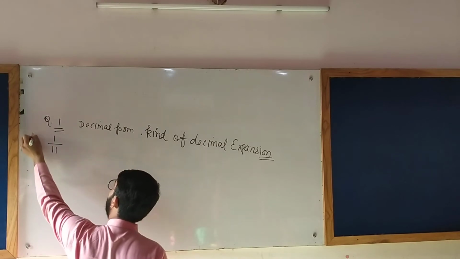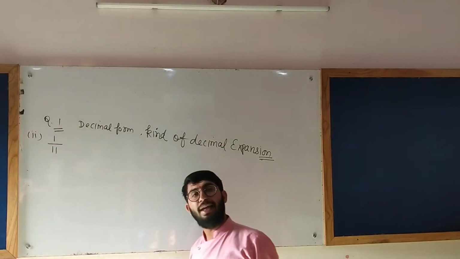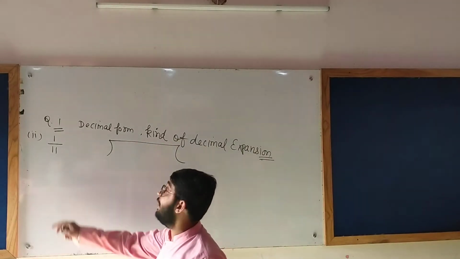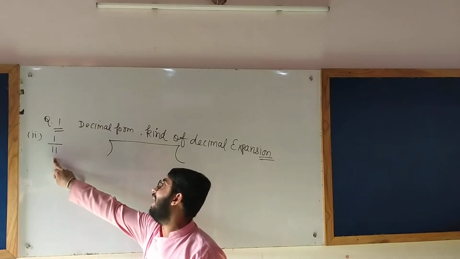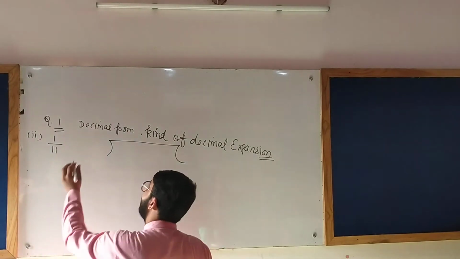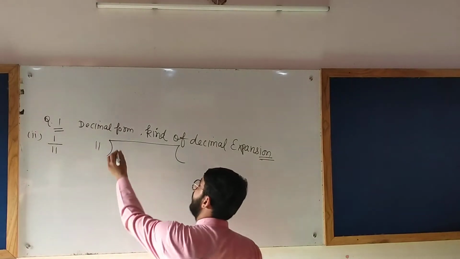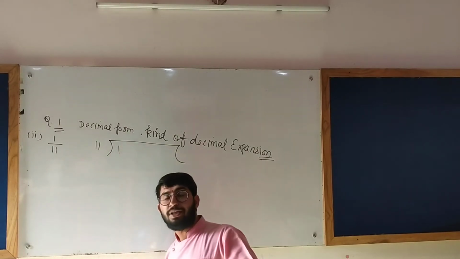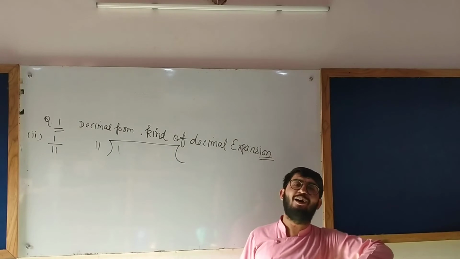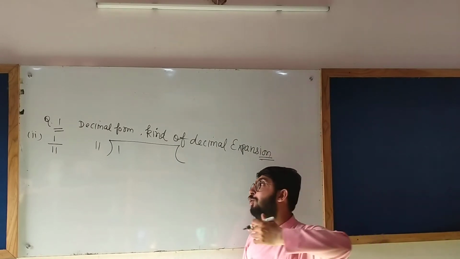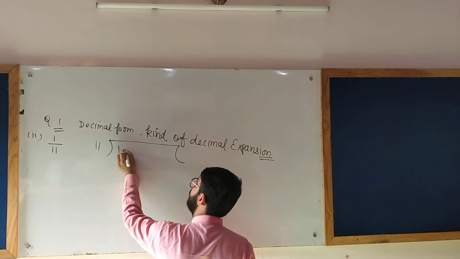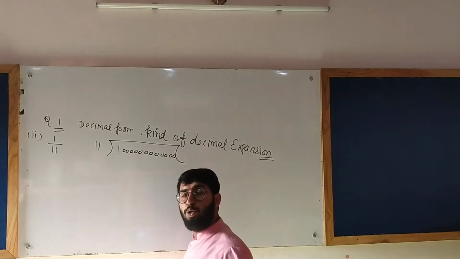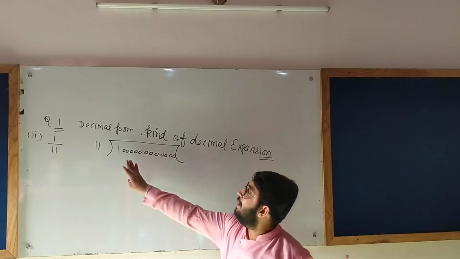Now we are proceeding towards the second part. The second part is 1 by 11. Now you have understood this thing, that the denominator always comes outside and the numerator always comes inside. Now it is 11, and it is 1. But we know that 1 is much smaller than 11. So in the table of 11, 1 doesn't come. So how will we do? We will write 1 as 1.000000000. You can write as many zeros as required. As I don't know how many zeros are required, I will keep writing like this.